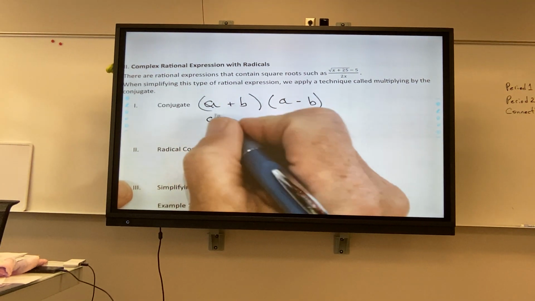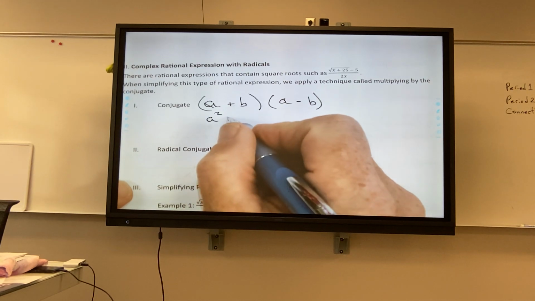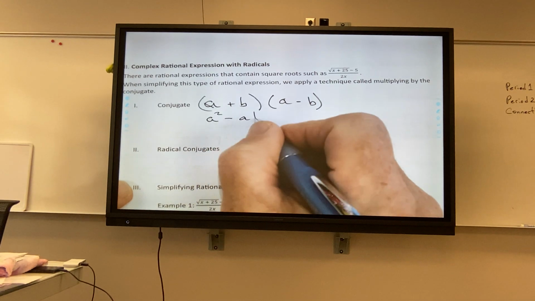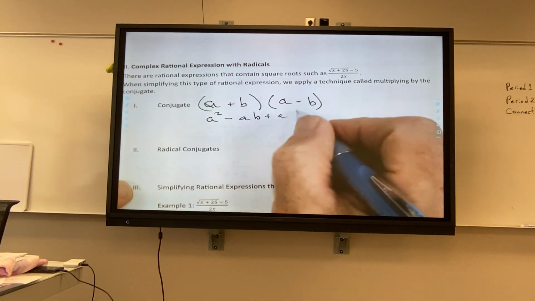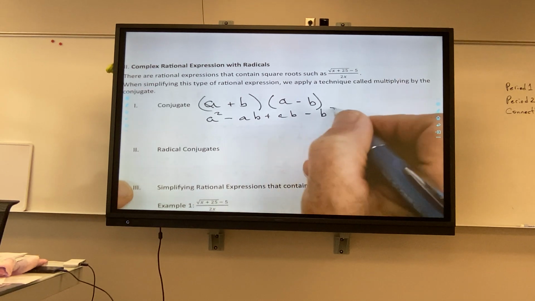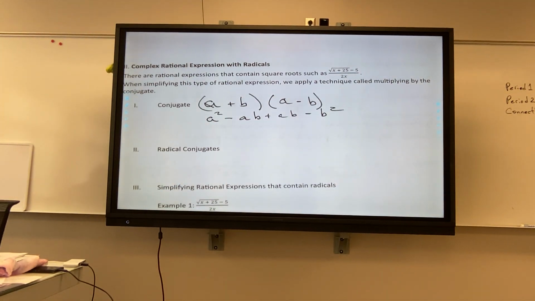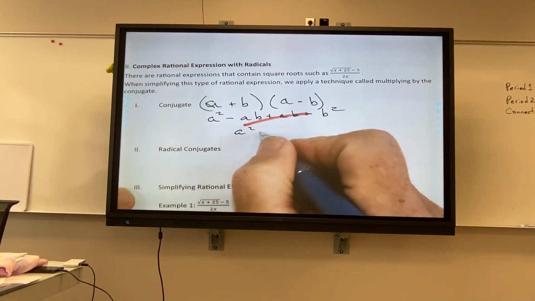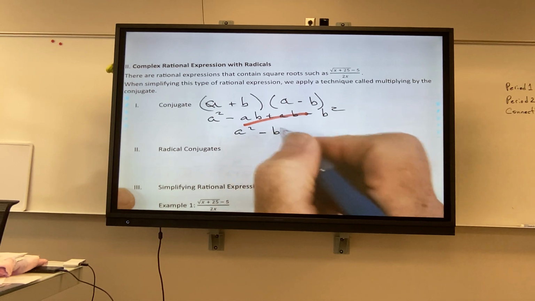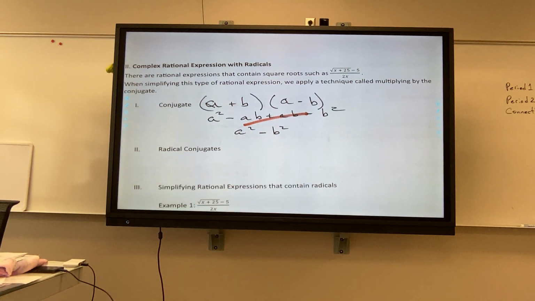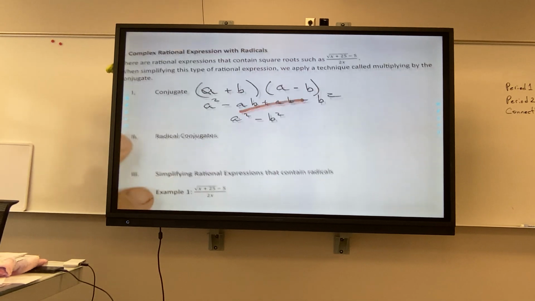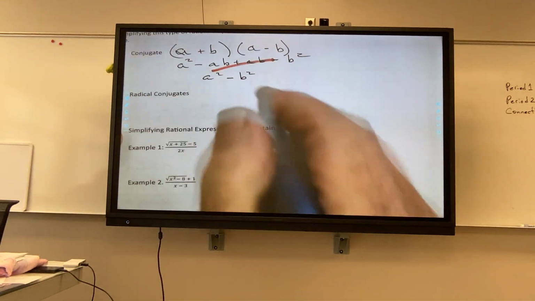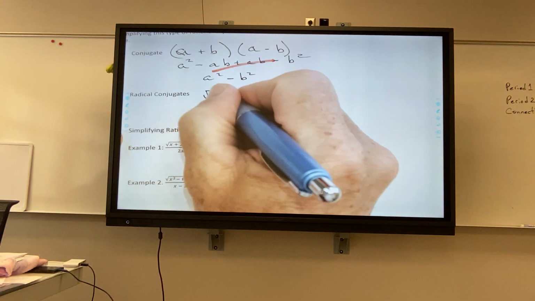Now, what's so special about the conjugates? Well, when I go through and FOIL, A squared plus B squared, bam! That happens every time. And you're left with a difference between squares. You have no middle term. Well, why is that so handy dandy? Well, if you have square roots,